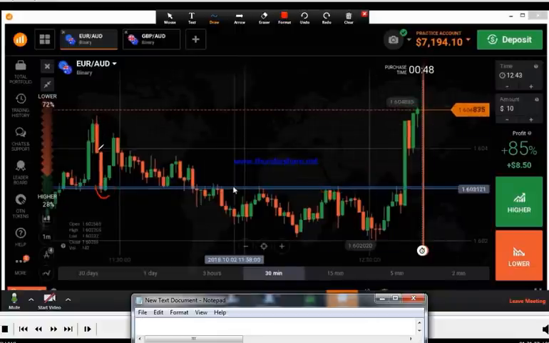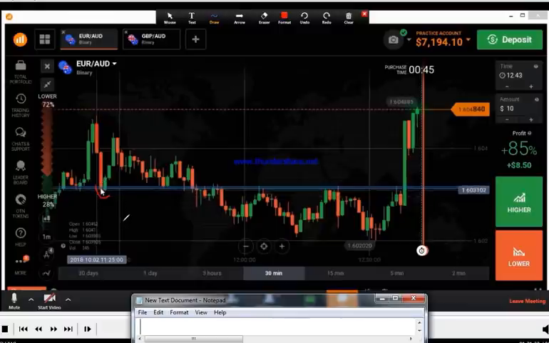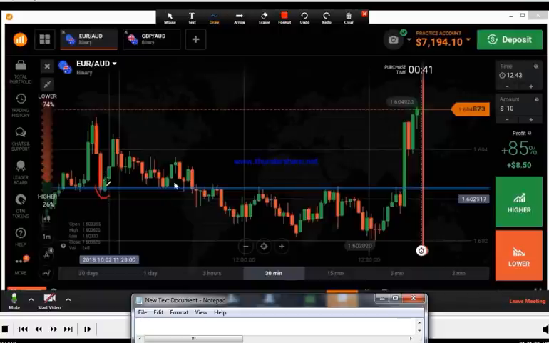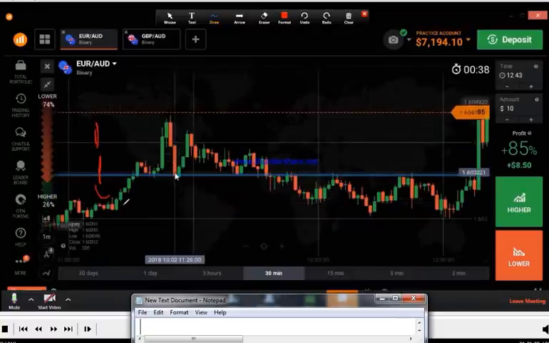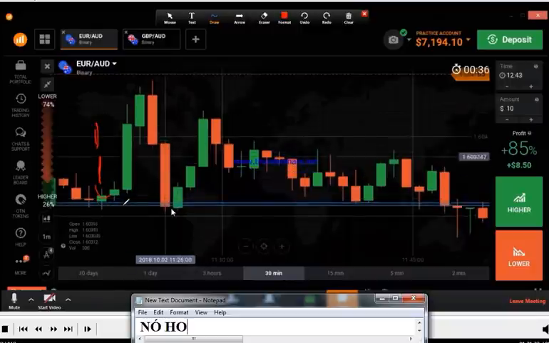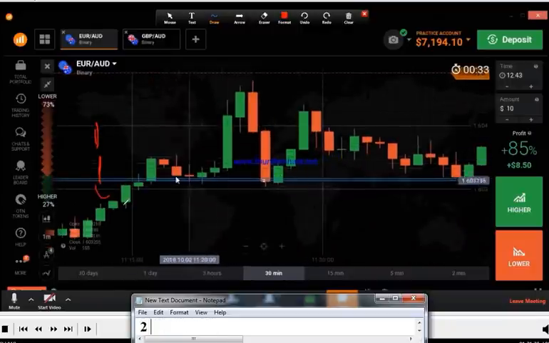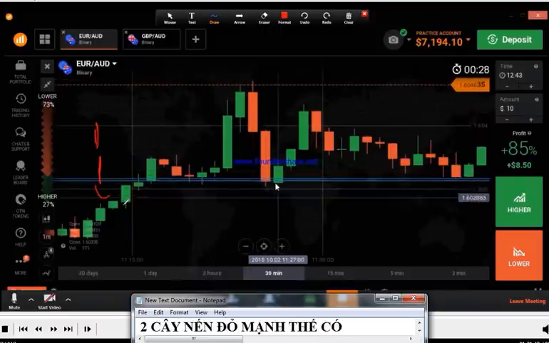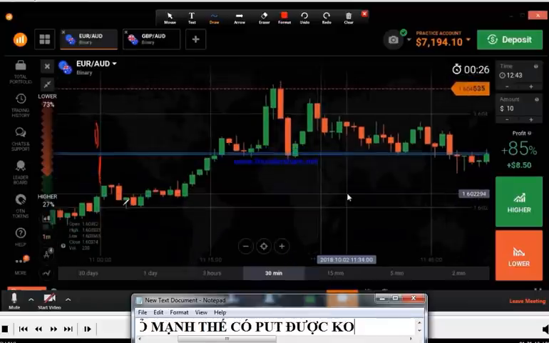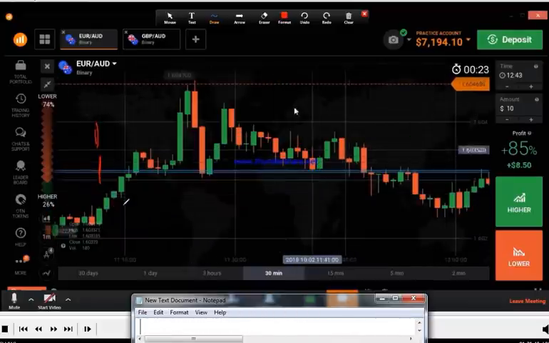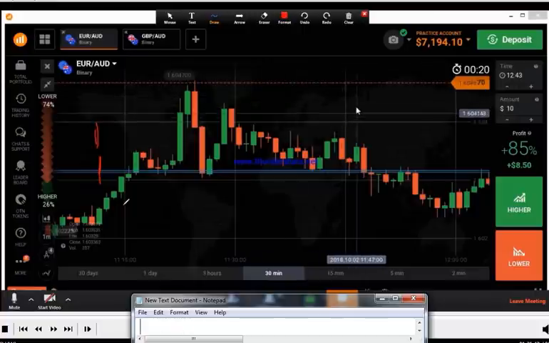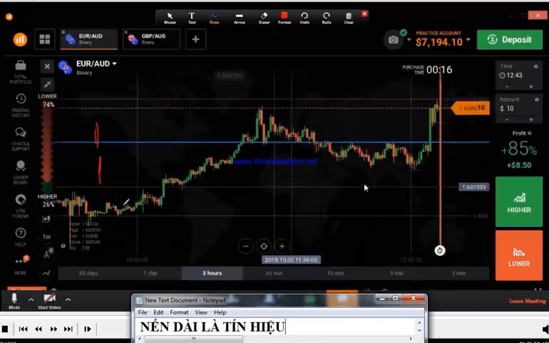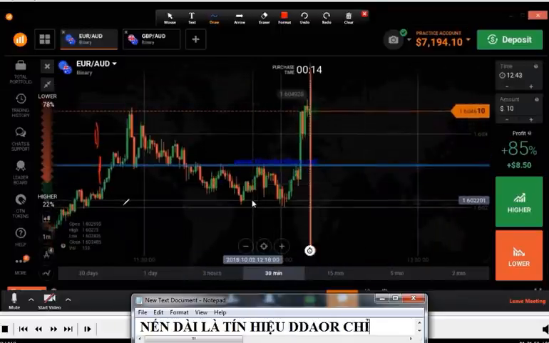From this point, sellers entered very strongly, right? This point? Yeah, bro, this previous red candle was too strong. We can't trade. I already told you this is a very strong candle. We can't trade because it already reversed, right? It already worked here. You can't trade on the second time. But if you find one confirmation, you can trade on the second time also. It's not a problem. But it's not good to trade on the second time.